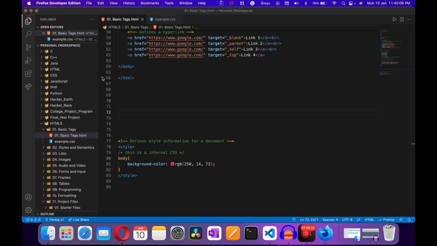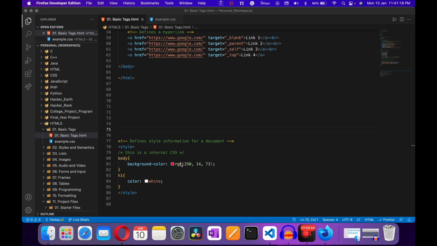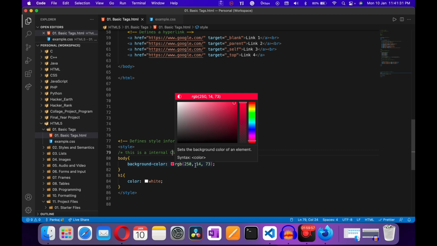Now again go to your code. If I make some other changes in my document, I'm just writing here h1, the color of the h1 tag is changed to white. Now go back to your code. So guys, here you can see if I make changes in color or any styles of my document, then you have to put your style code inside your style tag. So basically this is the use of the style tag.